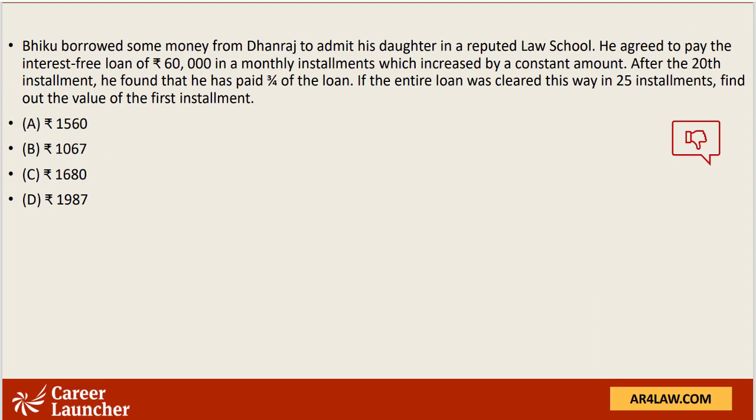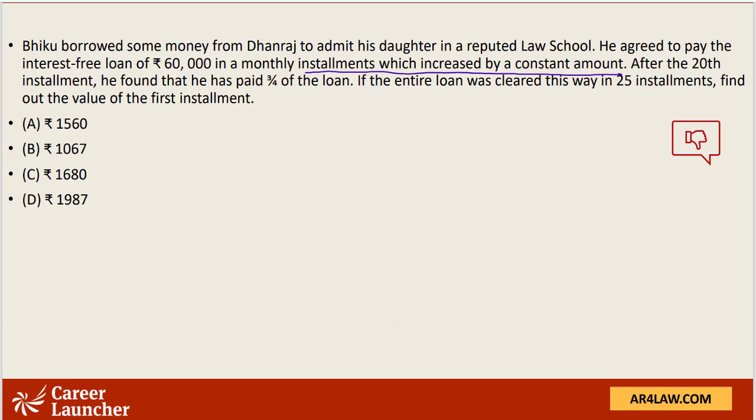To cut the long story short, this question looks like it is based on installments, but when you read it, it turns out to be a question based on sequences and series, and the giveaway is the line that monthly installments increase by a constant amount. If installments remain static, that is one thing, but here the monthly installments are increasing by a constant amount, so this becomes a question of arithmetic progression, because in arithmetic progression the difference between any two consecutive terms remains constant.